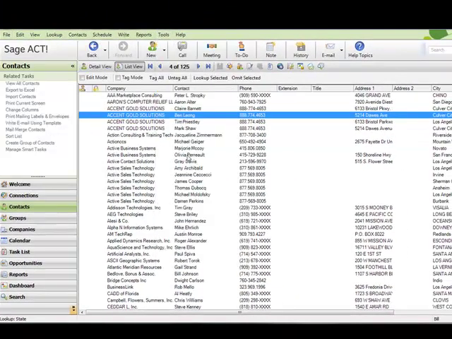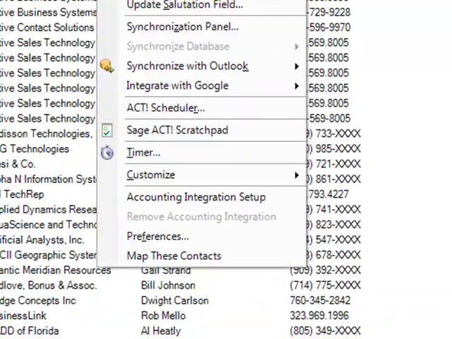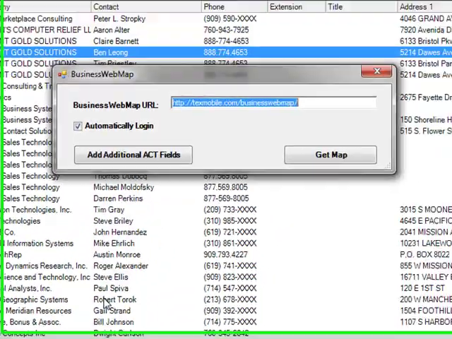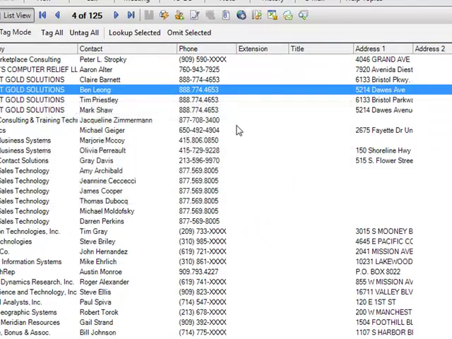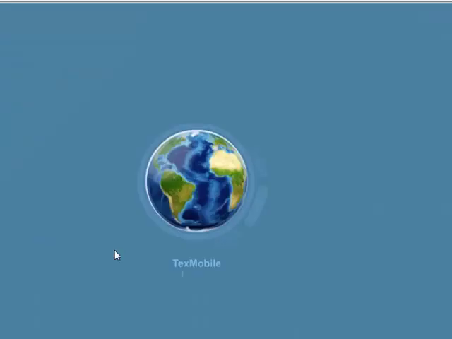But it gets a little more difficult if these leads are not defined by state, but let's say they're defined by Southern California as opposed to California. That's where BusinessWebMap comes in. Under Tools, we can click Map These Contacts, and then we'll go ahead and take all 125 contacts and put